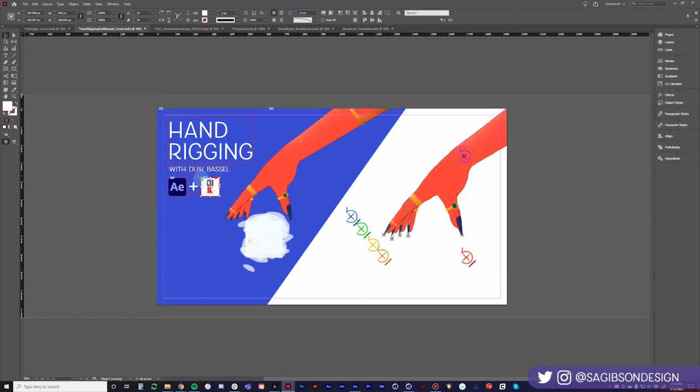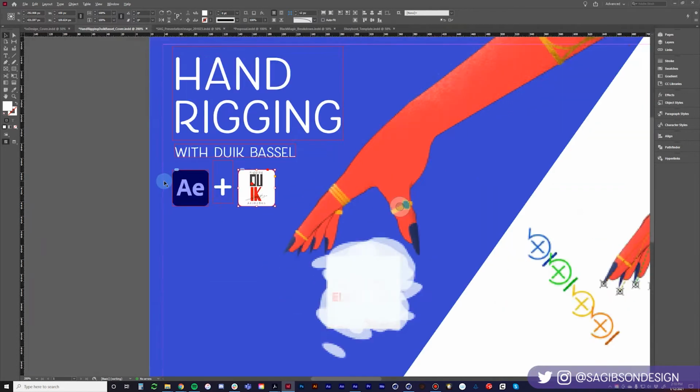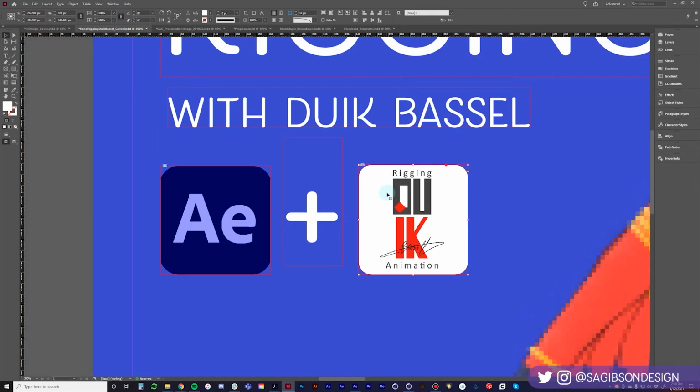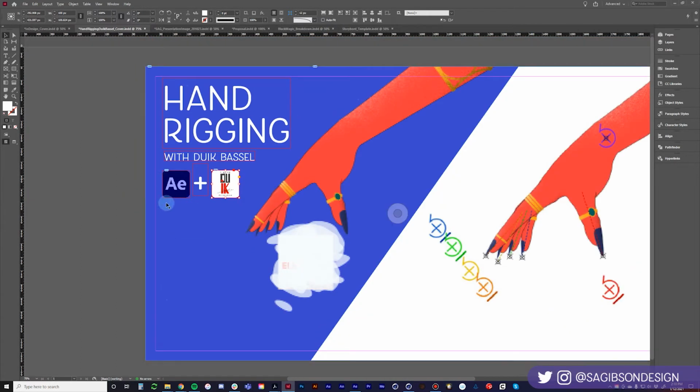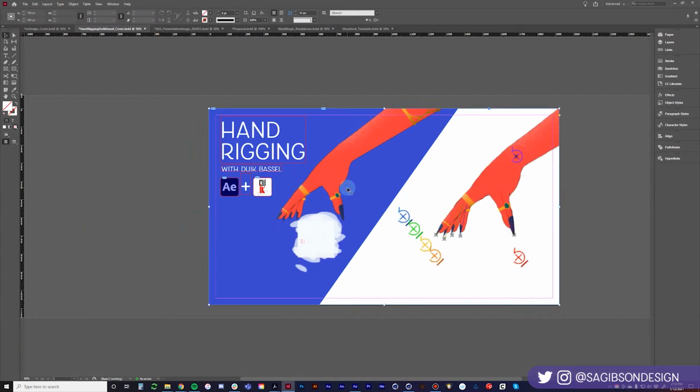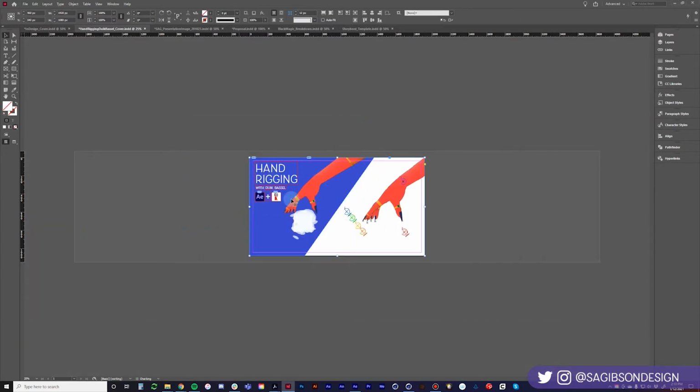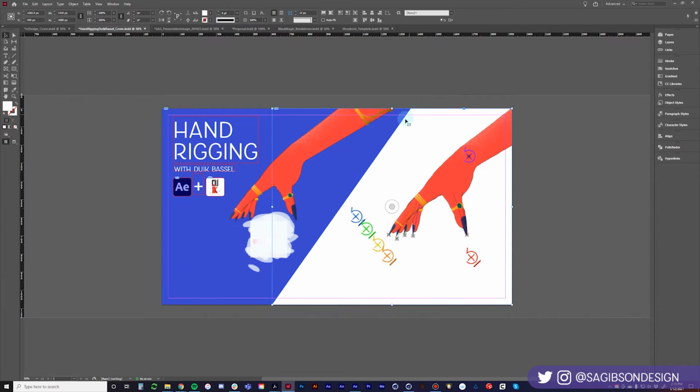And like Illustrator, you can round out boxes. So my Do It Rigging logo has a white fill because it was just a PNG, and I added a rounded corner up here so it would match the After Effects logo there and the logo icon there. And then this is actually two different images. This is the background image, and then I made a screenshot of the hand with all the controllers and everything. And this frame is actually